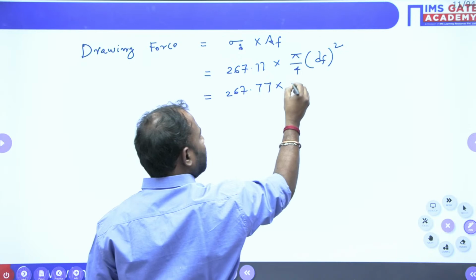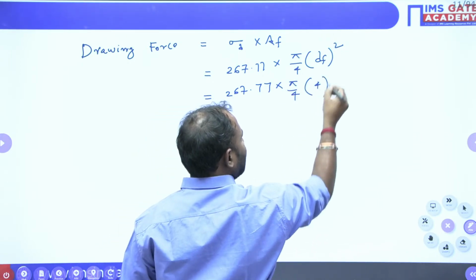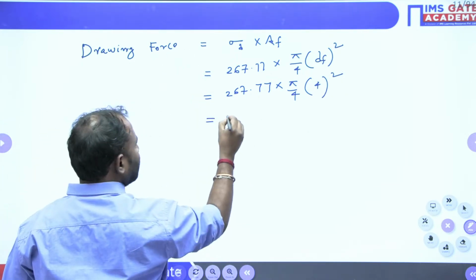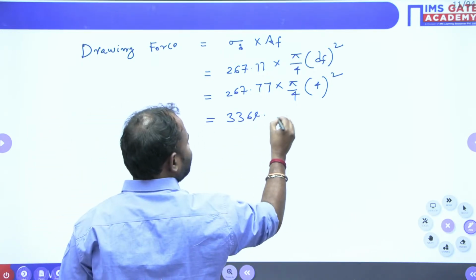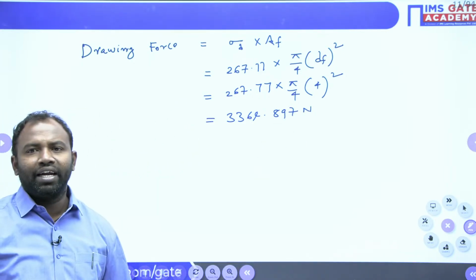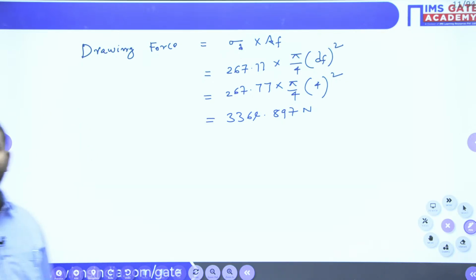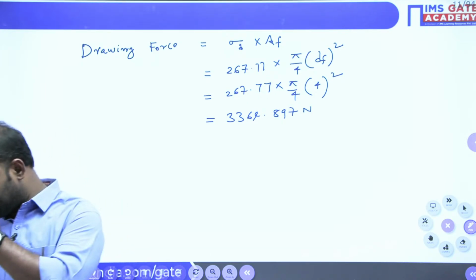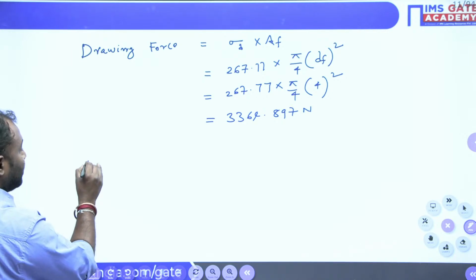267.77 into pi by 4 into d f squared is the final square, 4, na? Yeah, 4 squared. From there, the drawing force I am going to get is 3364.897 newtons. Okay, so up to here clear. Right, now here next is, no Bhushan, it is not 269, it will come around 16.82 kilowatts. Okay, right, now drawing force, drawing power